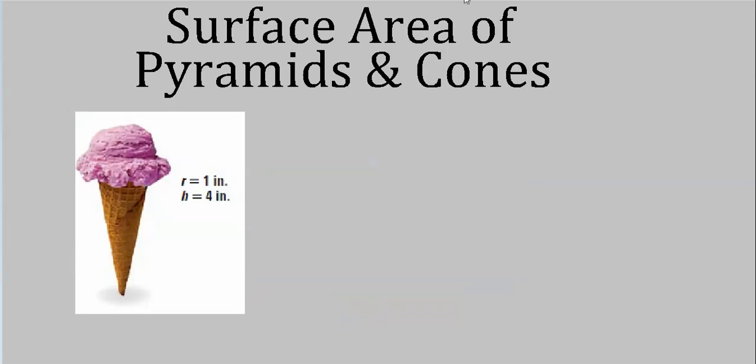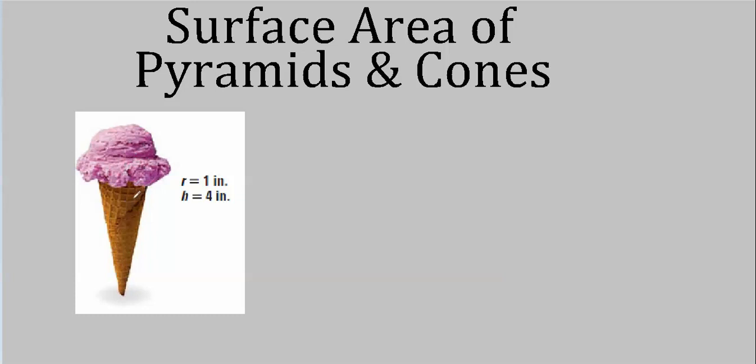Here's one where they asked us to find the lateral surface area of this cone. This may not be a particularly important problem, but I love ice cream cones, so that's why I'm doing it. The top part, the circular base, we don't have to worry about. It doesn't have one, obviously, otherwise you couldn't get any ice cream inside it, could you?